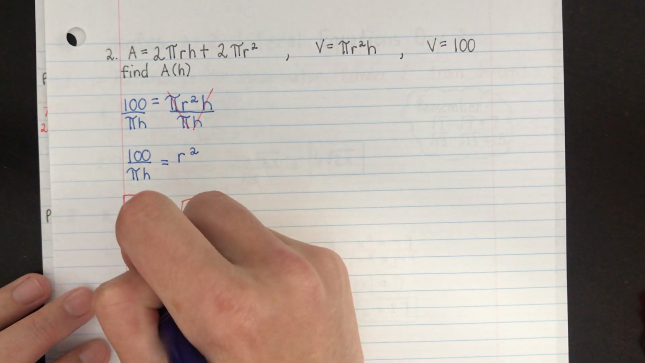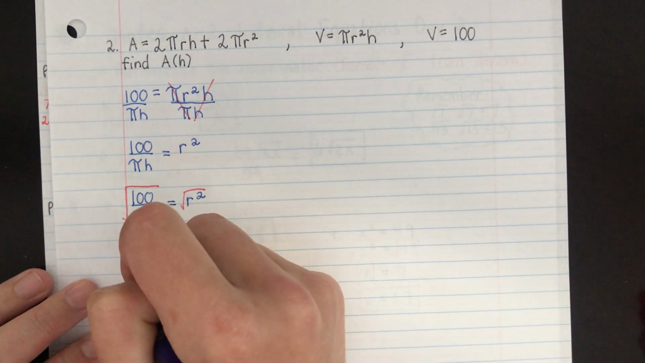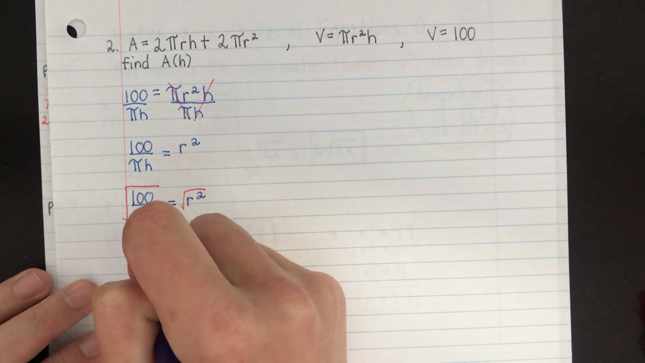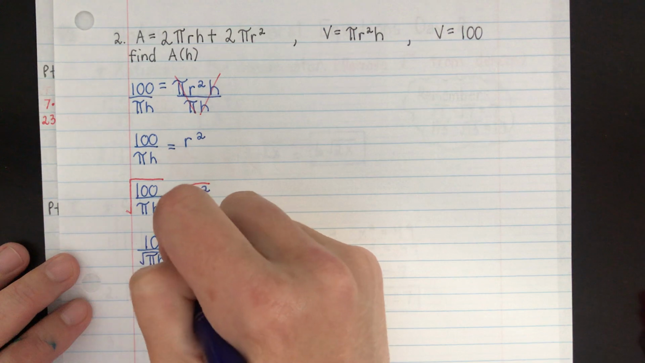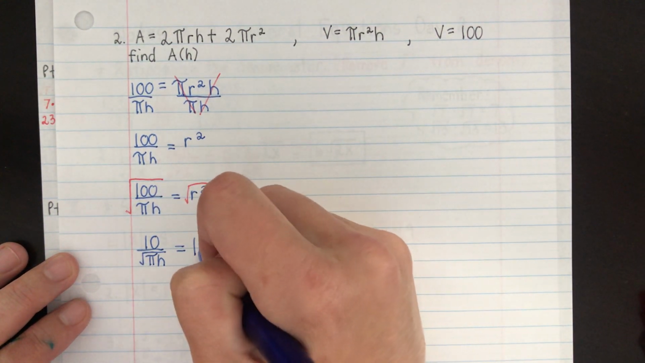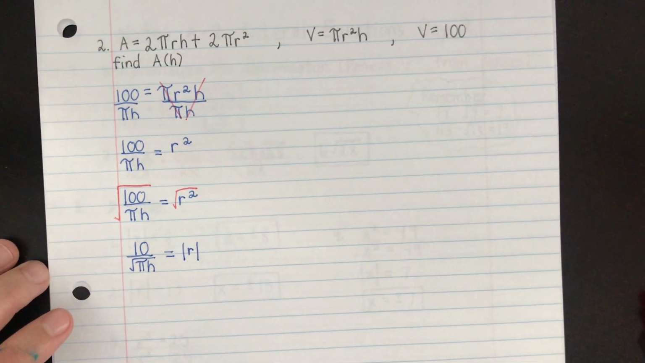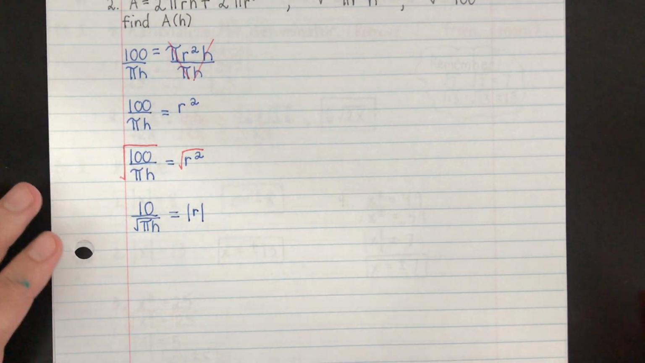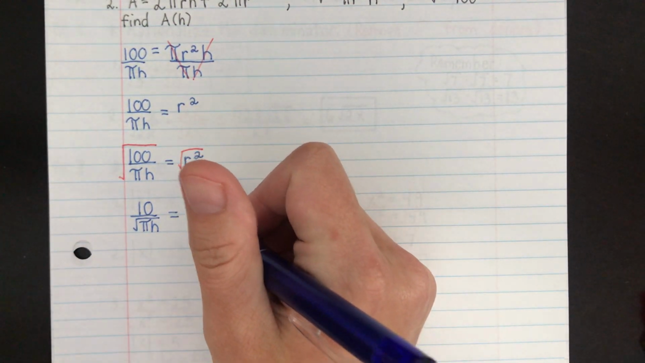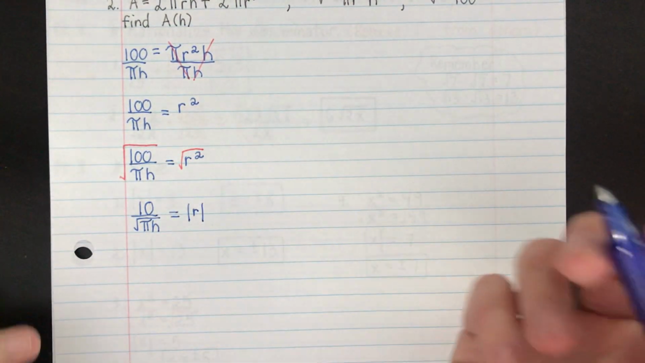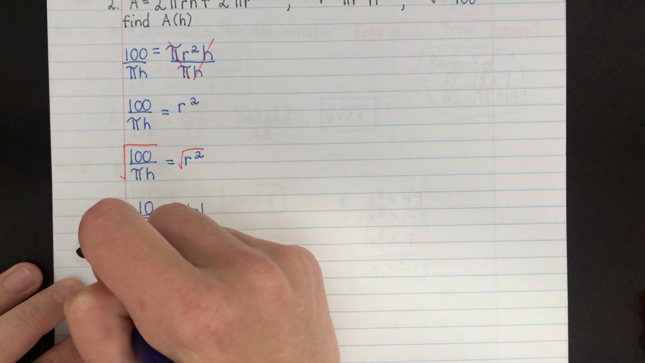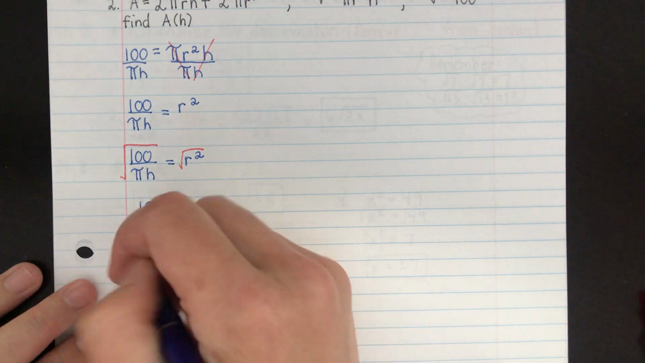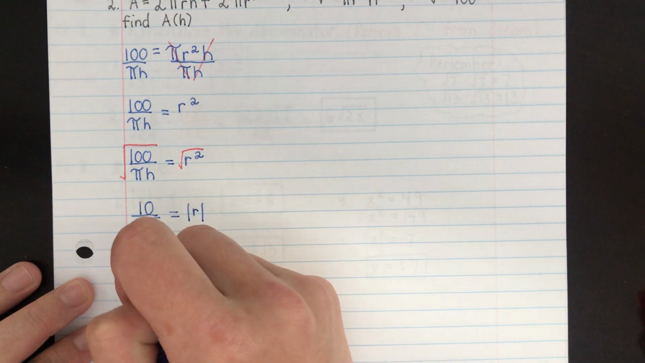The square root of 100 is 10. Now the square root of pi h is not going to simplify to anything prettier, so I'm just going to leave it. And of course here, be very careful. That answer is the absolute value of r. However, even though I need you to write this because that's mathematically true and correct, the next step down you're going to have, of course, plus or minus to get rid of the absolute value, plus or minus square root,